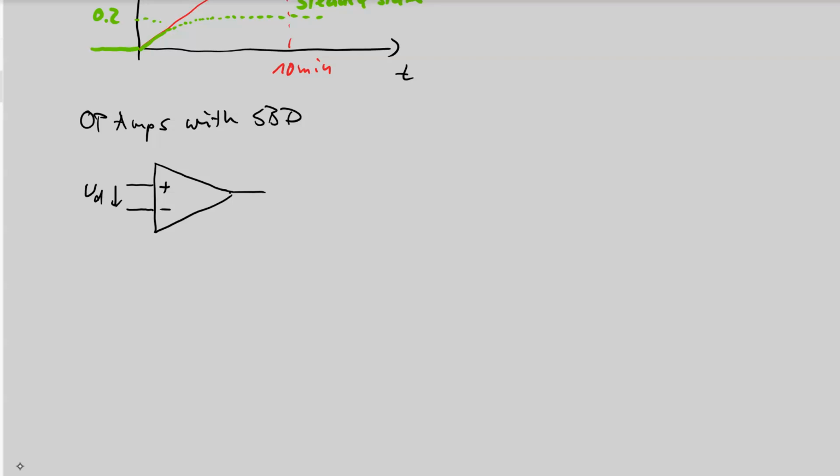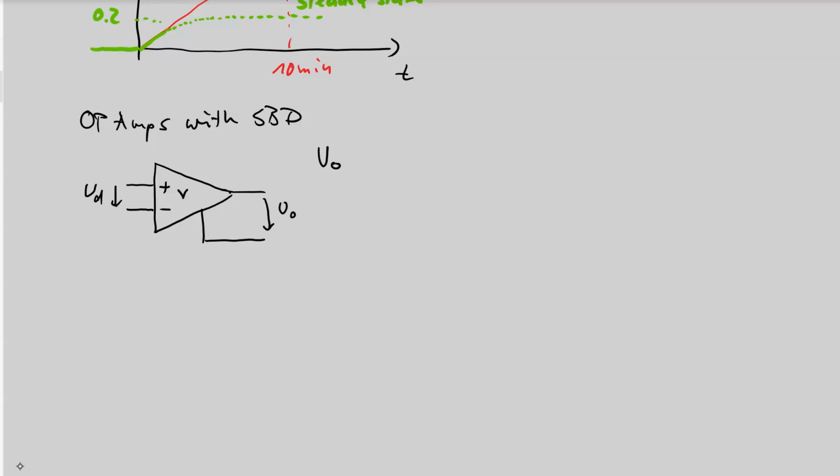This is amplified with a gain V to the output lines. So there's an output voltage, say U sub O,